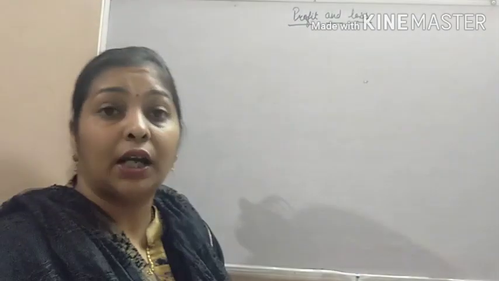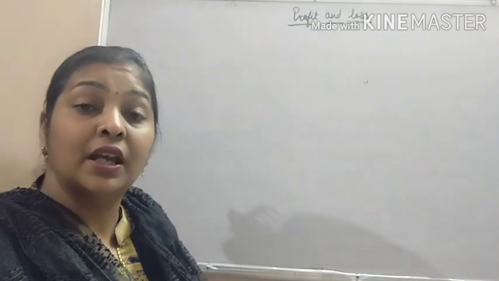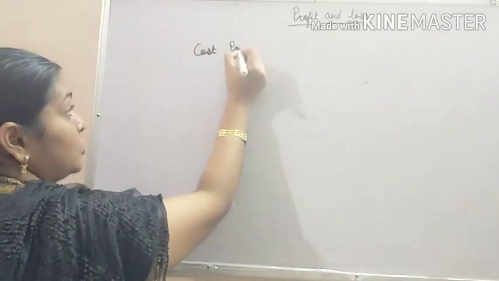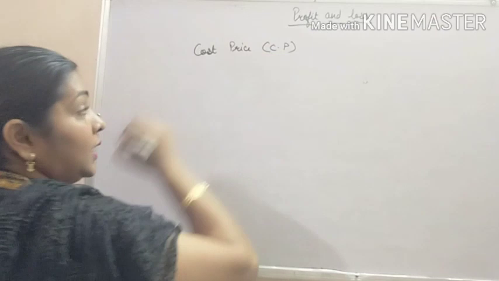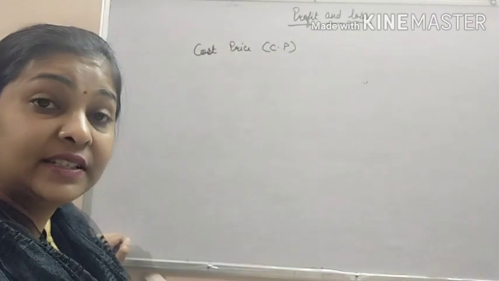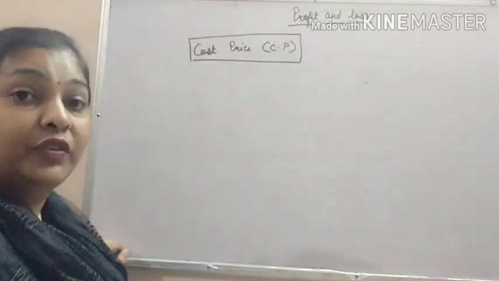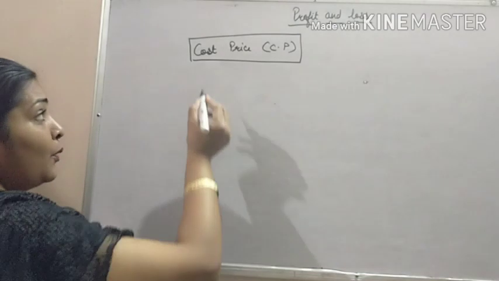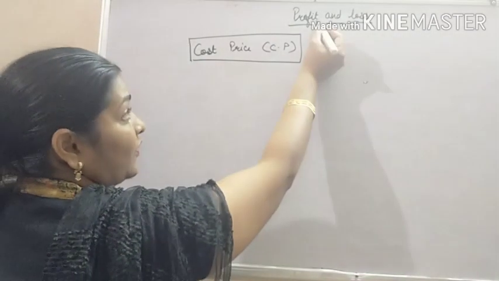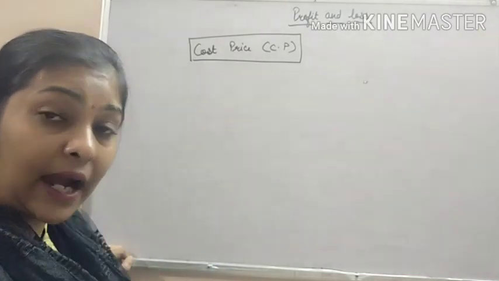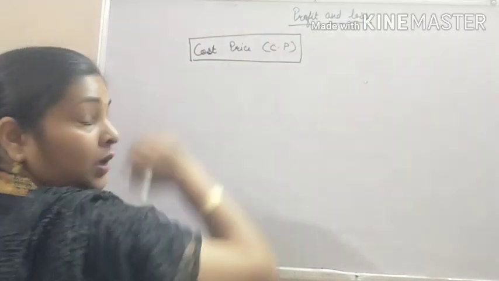Students, today we will learn the concept of profit and loss. But the most important thing for profit and loss is the cost price. Cost price, also known as CP, is the price at which we purchase the thing, and this is the most important term which we will use. Why is it most important? Because whatsoever we find out, whether profit or loss, we need to purchase the thing, and our item is always purchased on the cost price.